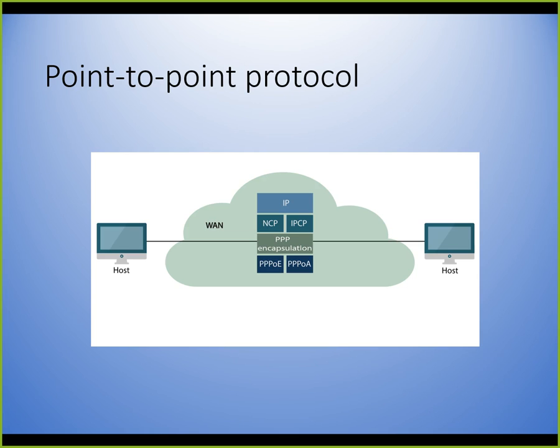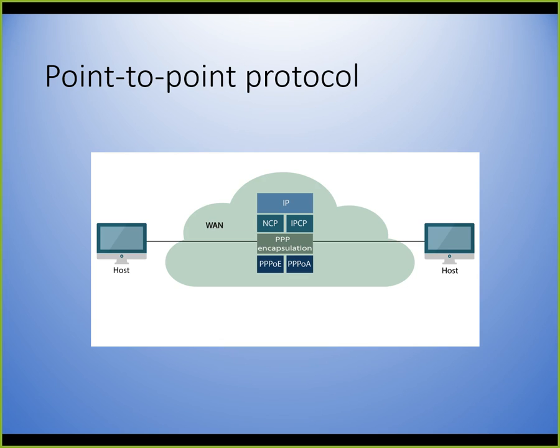We use Ethernet as far as Ethernet will go, and then once it gets to the point that it needs point-to-point protocol, it gets de-encapsulated and uses that information. So a number of things going on with this PPP encapsulation, point-to-point over Ethernet,